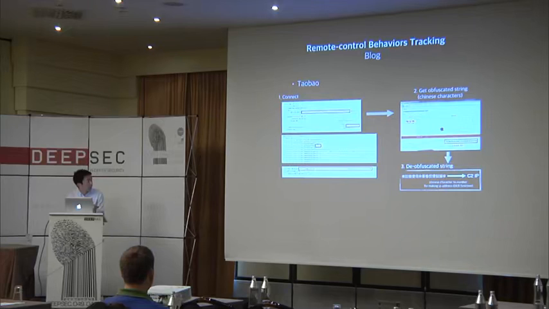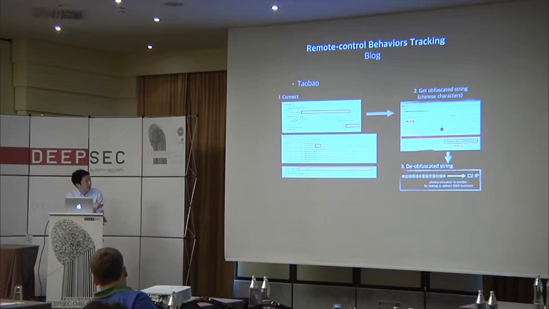It parses the data title from the Taobao site URL, then connects and gets the Chinese character string, and so makes the C2 IP.